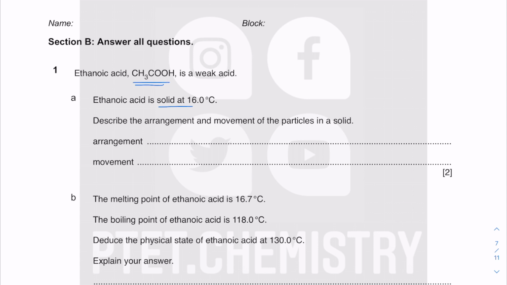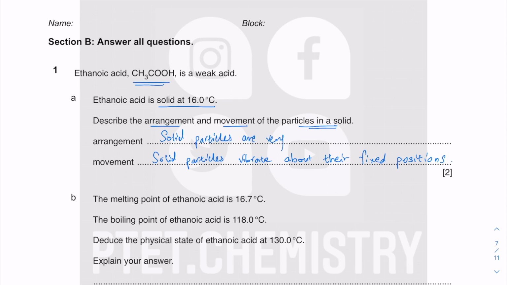It's a solid at 16 degrees Celsius. This question is basically asking you about the arrangement and movement of the particles in a solid. So if I talk about the movement first, we know that solid particles vibrate about fixed positions, because we are talking about more than one particle. In terms of the arrangement, they are very tightly packed,